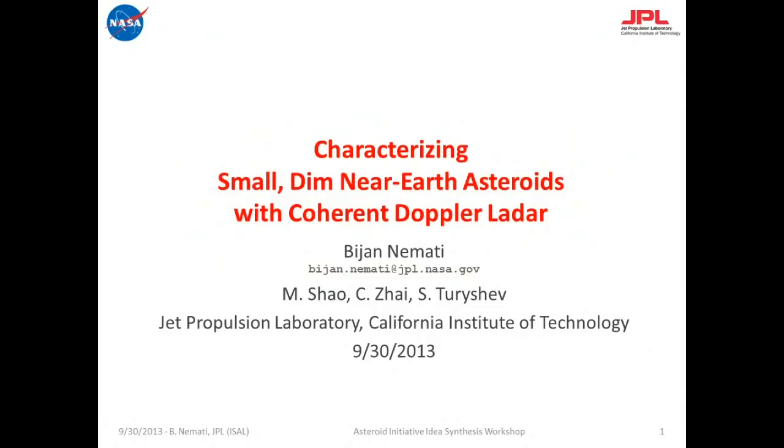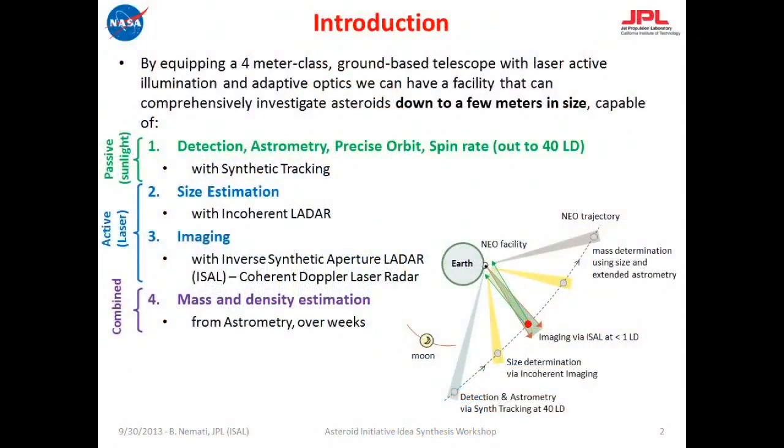Okay, I will start. The focus of my talk is that class of asteroids that is a 10-meter class. These are H28 to 30 magnitude asteroids that are difficult to detect. And I think Jane was about to tell us that once they're detected, they're very hard to keep track of. Almost none of these multi-100,000 asteroids are known. And of the few that have been detected, almost none have been tracked again because the astrometry on these is too poor. So while I'll be talking about the characterization of these with coherent and actually incoherent lidar, the prior